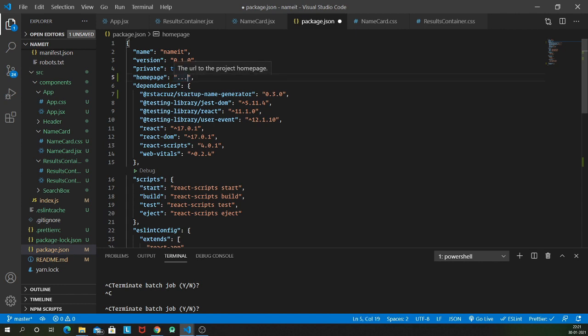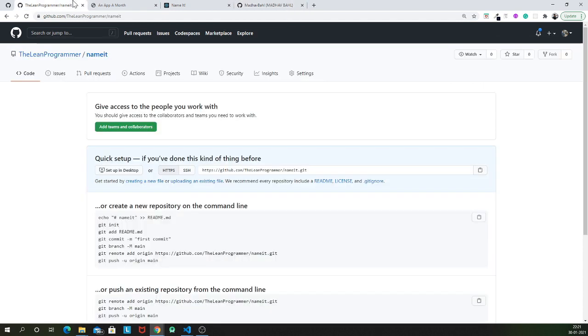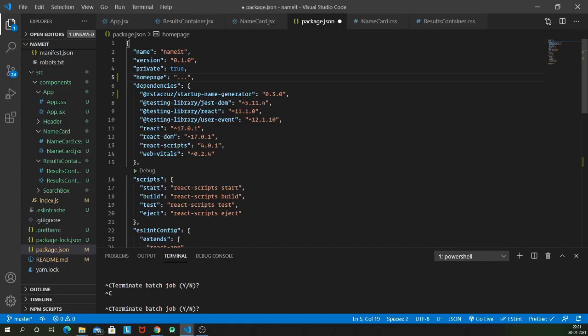So it can have three values. First of all, if you have named your repository your username dot github.io, in that particular scenario, you need to put in this thing as itself, http colon this, and then you can put it very easily.